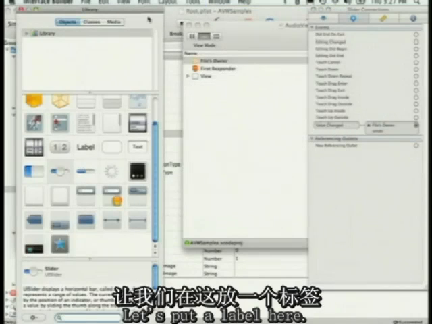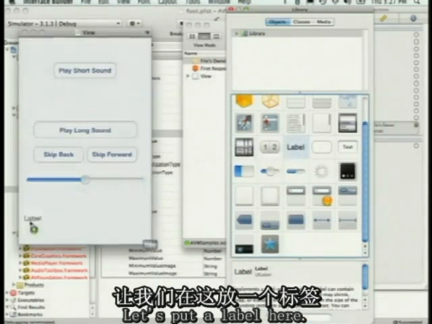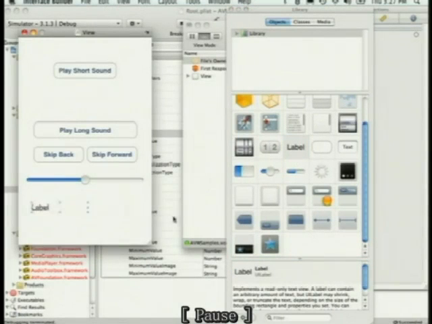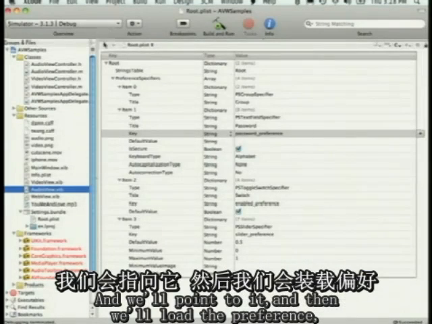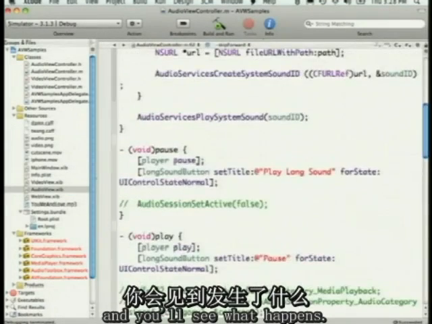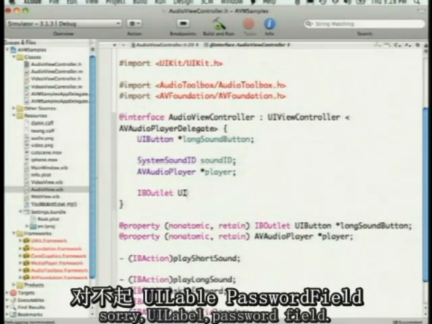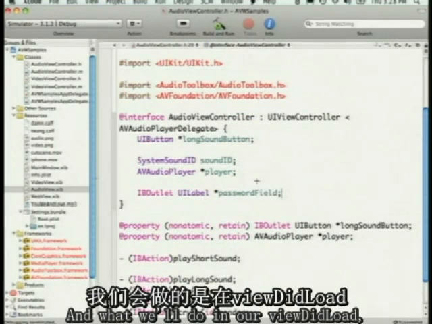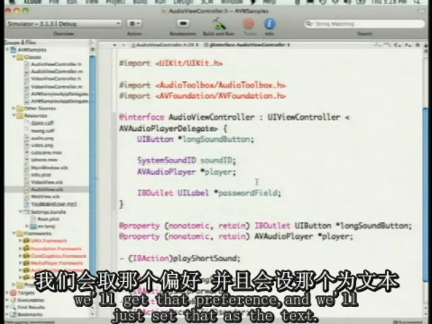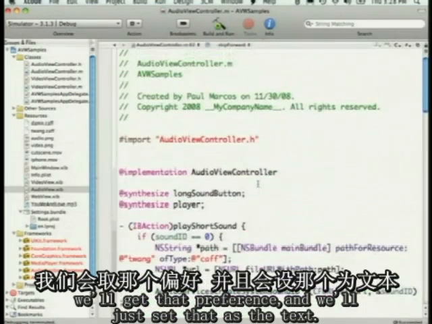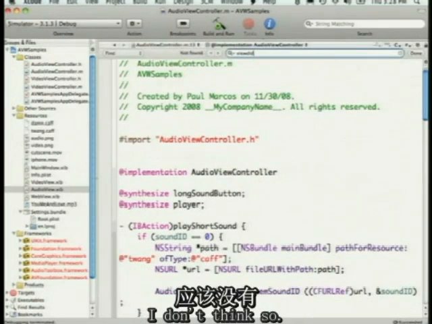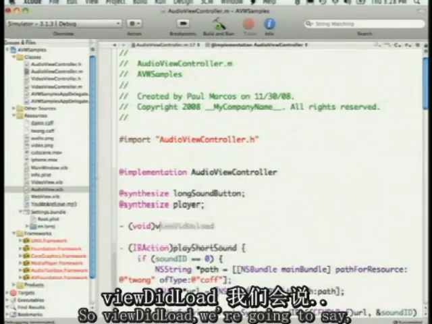Library. Let's put a label here. And we'll point to it, and then we'll load the preference, and you'll see what happens. So I'm going to put an IBOutlet, UILabel, passwordField. And what we'll do is in our viewDidLoad, we'll get that preference, and we'll just set that as the text. So do I already have a viewDidLoad? I don't think so. So viewDidLoad,